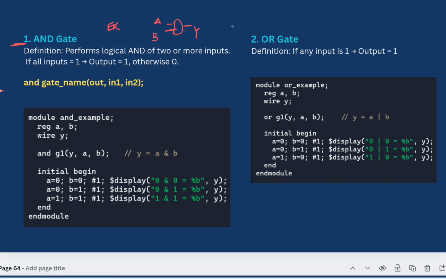अभी तो मैं 2 दे रहा हूँ, 3, 4 भी दे सकते हैं, कोई दिक्कत नहीं है। नाउ इफ ऑल इनपुट्स आर 1 देन आउटपुट विल बी 1, अदरवाइज 0। यू नो वेरी वेल, लाइक हाउ टू राइट ट्रूथ टेबल फॉर एंड गेट। तो दोनों इनपुट 1 होने चाहिए, तभी आउटपुट 1 होगा। इफ एनी इनपुट इज 0 मीन्स आउटपुट विल बी 0, ओके। सो यहाँ पे हमें लिखना है एंड लॉजिक।